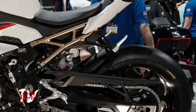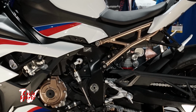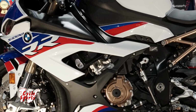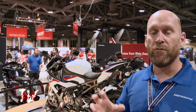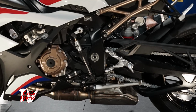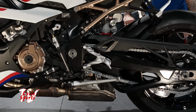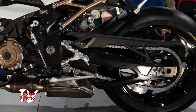So when we start looking at the overall new flex frame chassis that BMW's developed, it's as narrow as the competition's narrowest package, but at the same time we built the perfect amount of flex and rigidity for the balance in regards to chassis. But then when we start pairing it with our World Superbike, not inspired, but actual World Superbike swing arm, where the underslung bracing has so many different